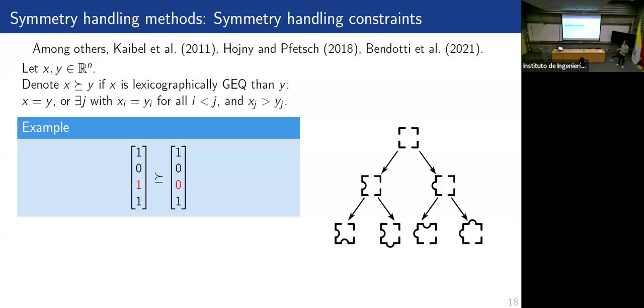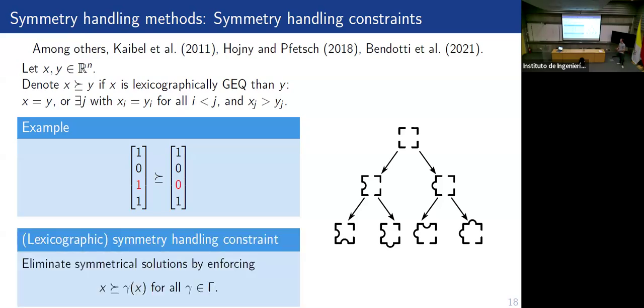So how can we use this? Lexicographic order defines a total ordering of the real vector space. So what we can do is enforce this constraint over here, which says that if we have our symmetry group, we can look at the orbit. This is just the set of all symmetrically equivalent solutions. And we are interested in the solution that is the lexicographically maximal element in there, which means that we kill all of the symmetric ones. There's exactly one solution that survives this constraint within each symmetry group.